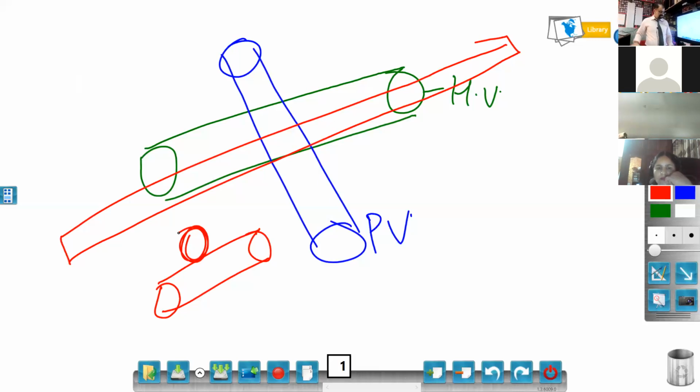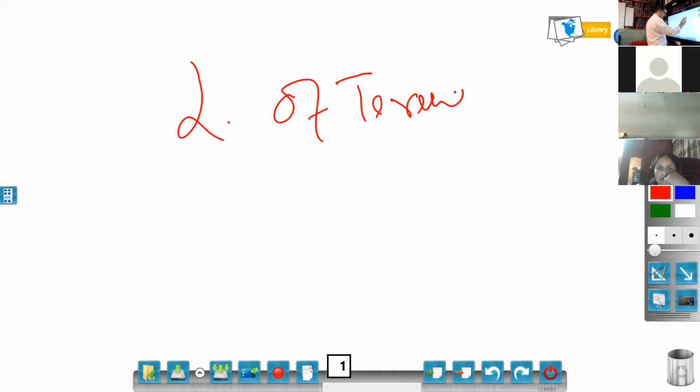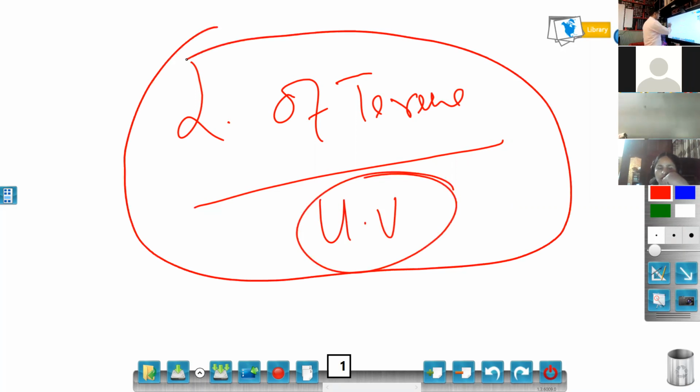Ligamentum teres, very important thing. You should know about the ligamentum teres. What is this actually? This is the obliterated remnant of the umbilical vein. I'm not taking these things in detail because this is already covered in your course. I'm just giving you a quick recap of what you should remember over here.